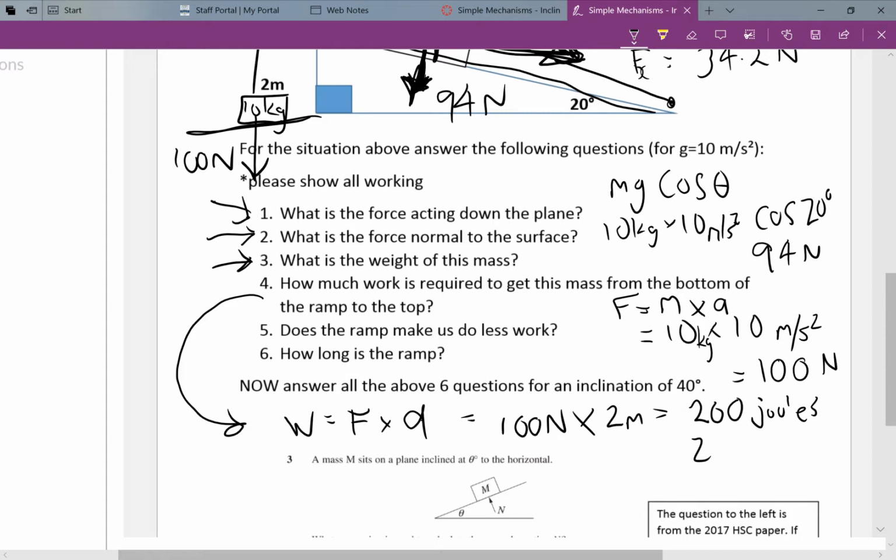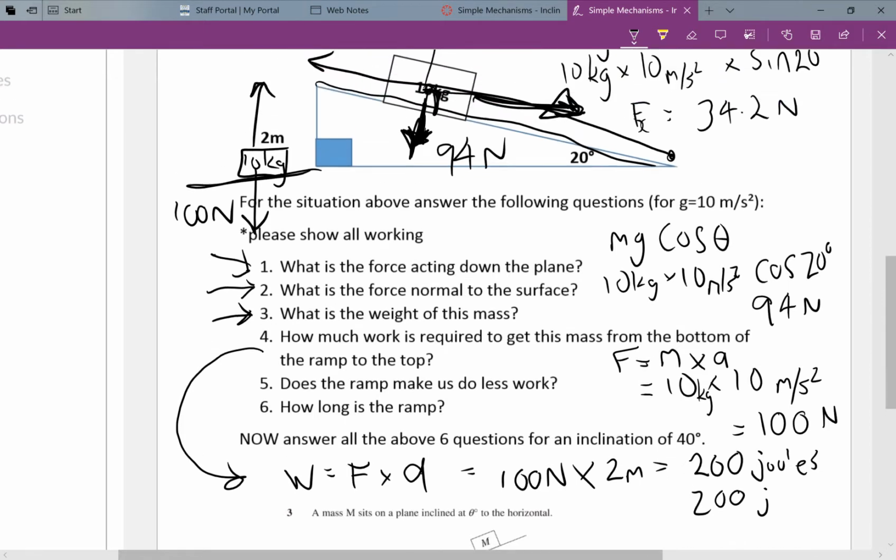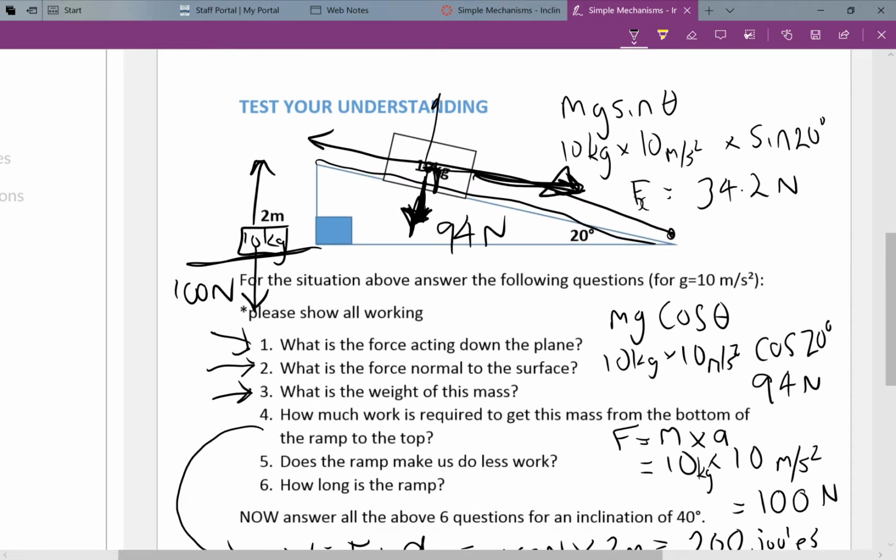Okay, so you can write that as 200 J for joules. So that's your figure in joules. And does the ramp make us do less work? No, it's the same amount of work, but because you're applying only, instead of having to apply 100 newtons to